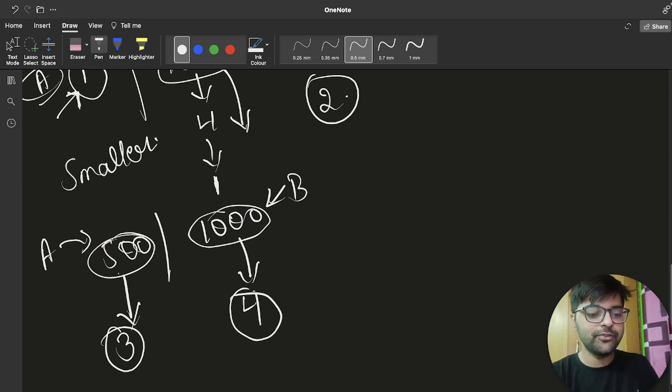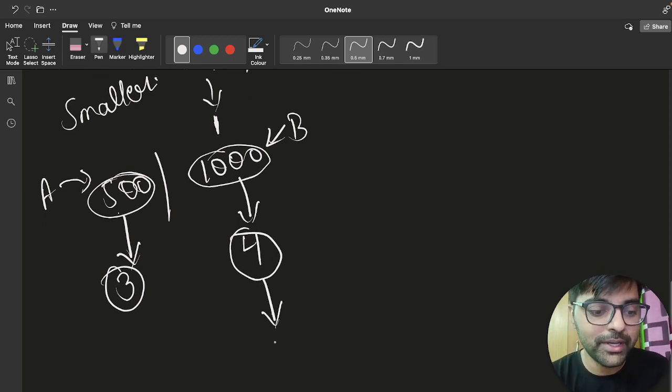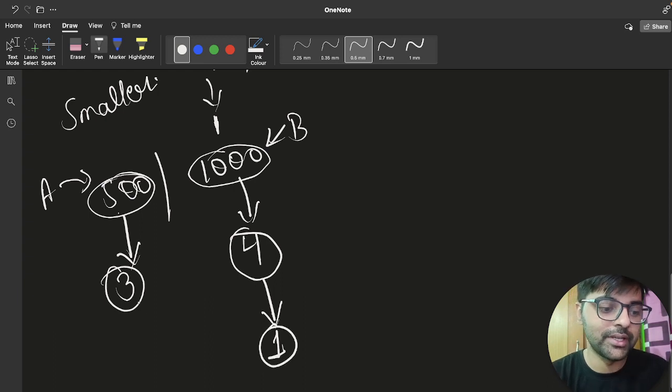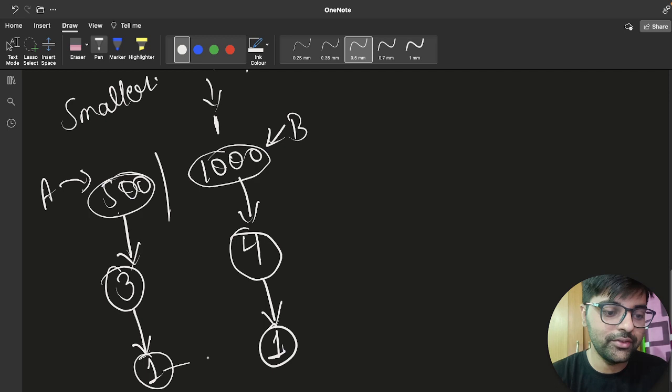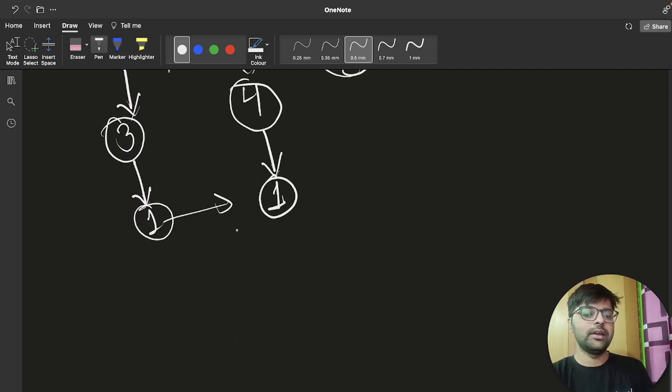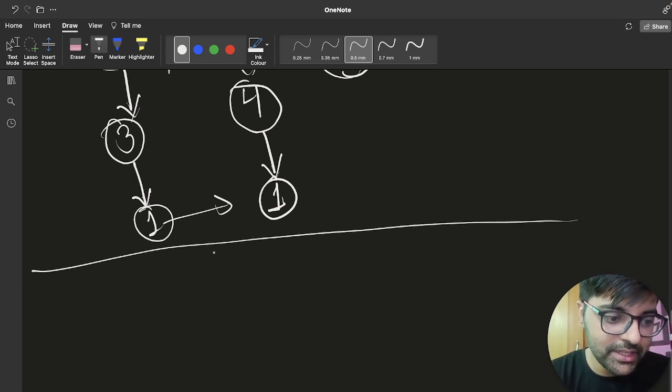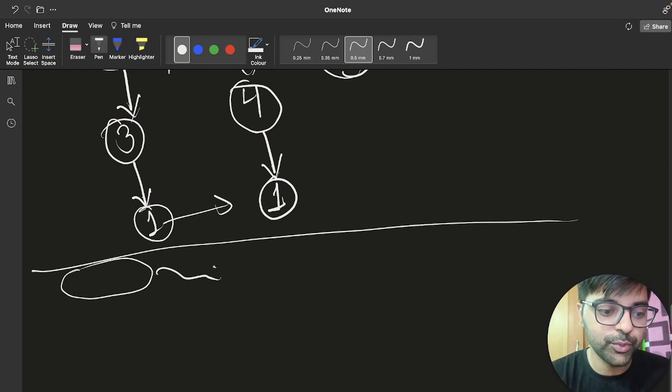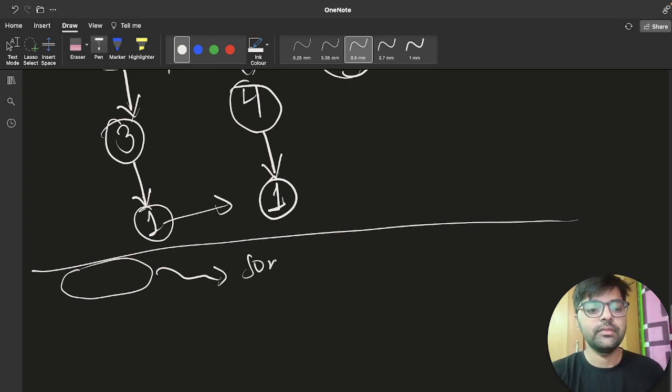Now what is the bigger number? 4. So I will apply one operation here and get 1, and then the bigger number is 3, so we'll get 1, and finally we stop. So the total number of moves is 4 here. But as you can see, every time I am taking the bigger number and making it a smaller number.